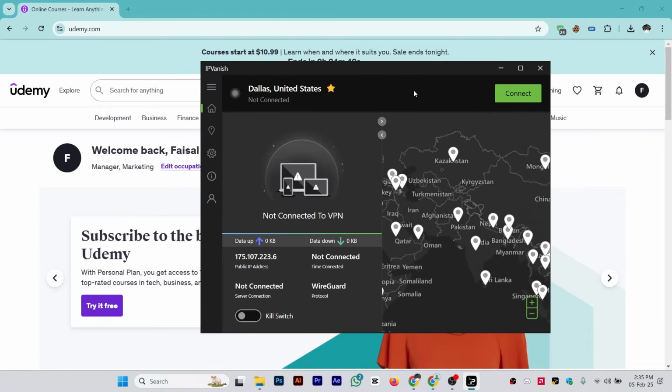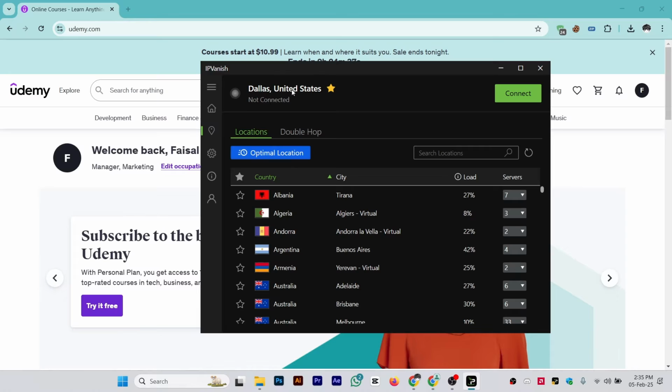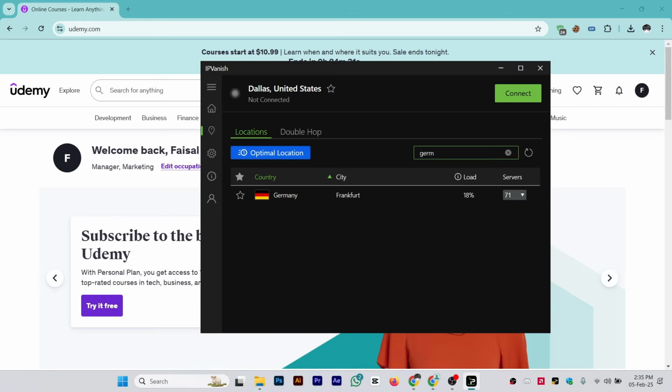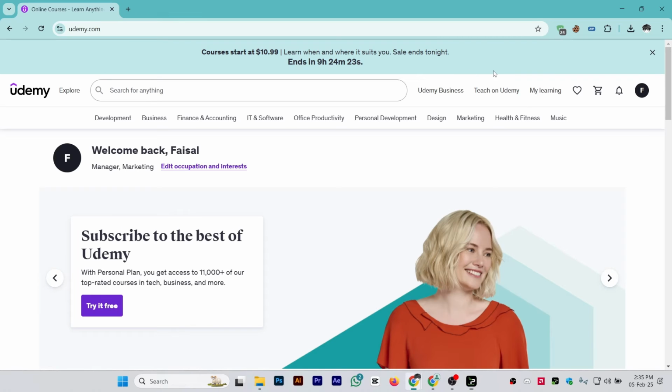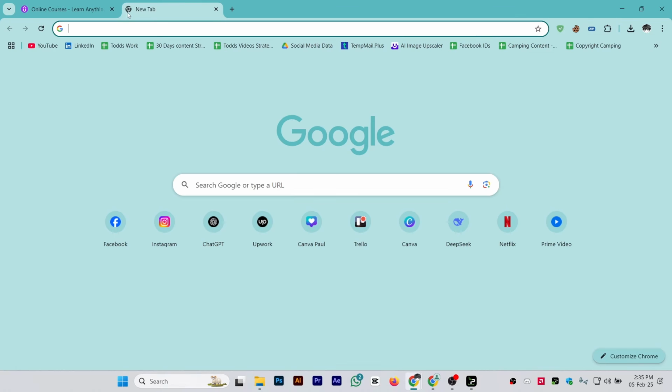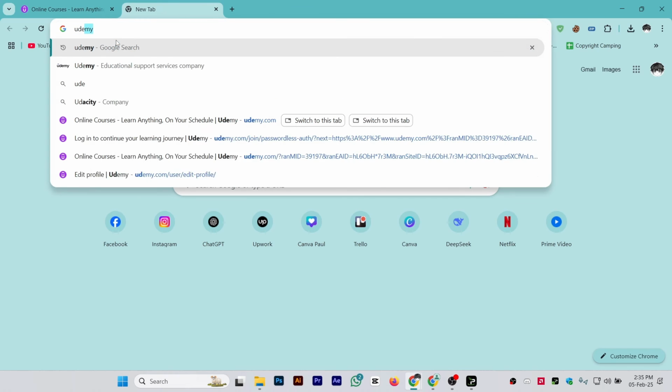Once you open the VPN, simply connect to, let's say I'm currently choosing United States. So let's say I will choose Germany, or select your country, whatever you want, whatever your currency is. And once it is connected, simply make sure to go to a new tab and search for Udemy,